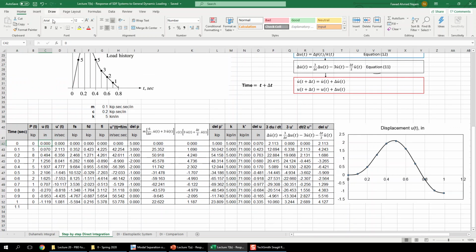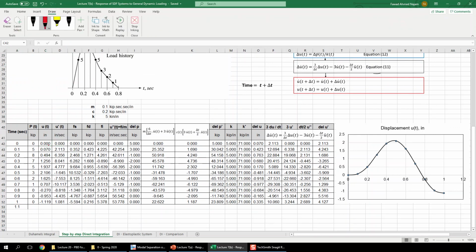So here you have, for example, a 0 initial value for displacement and a 0 initial value for velocity. These values will be used to calculate Fs and Fd. Fs will be simply equal to Ku because we are doing the linear case, and Fd will be simply equal to Cu dot. Since u and u dot for this time step are 0, Fs and Fd are also 0. So Fi will be coming from equation 1, which is the governing equation of motion.